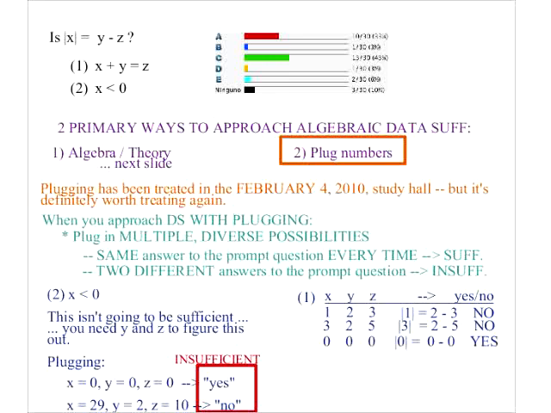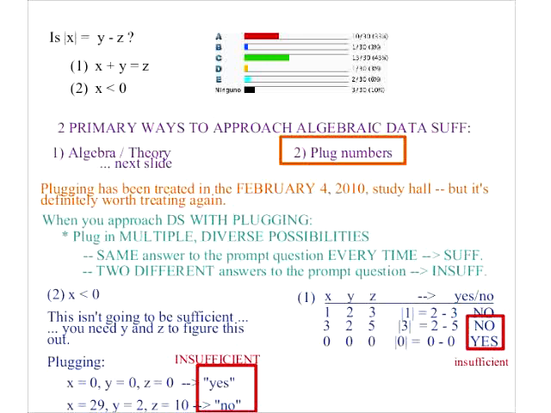People who thought that A was sufficient, which is a lot of you guys, notice how easy it is to prove that that's not true by plugging. So if you don't have plugging in your toolbox, then it should be there. You need to start using it. So this is insufficient. Also, if you try negatives for x, you don't have to at this point because you're done. You proved that it was insufficient. But if you try some negative value for x, like -1, -2, -3,